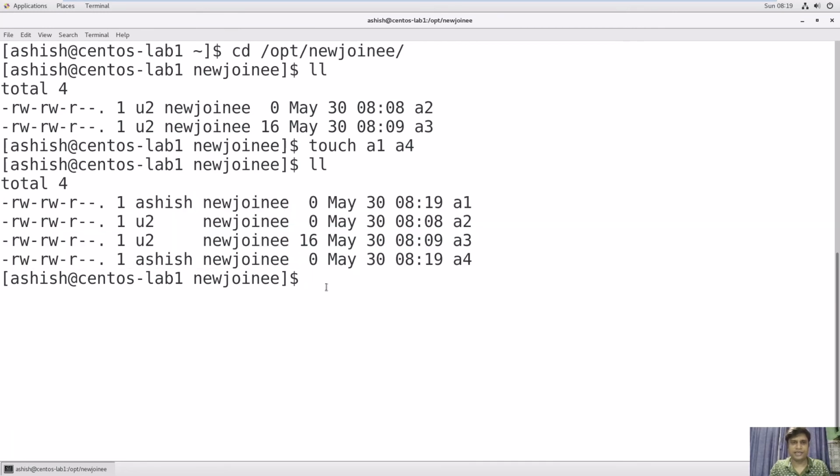You can see, right? Whatever the user does, you can see in this directory who has created which file, and like that you can manage the whole user and group management. Now Ashish and this u2 user can do anything in this directory. So guys, the motto of this project is to make you understand how you can manage your server as a system engineer or system administrator, to manage users and groups, and to restrict and control access to any particular file or directory.